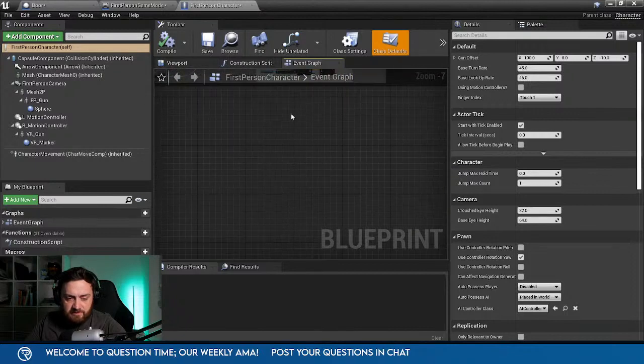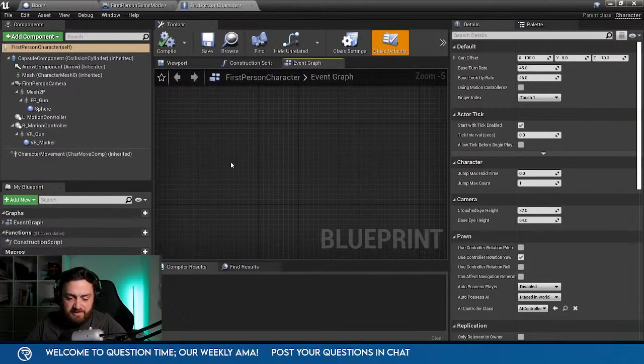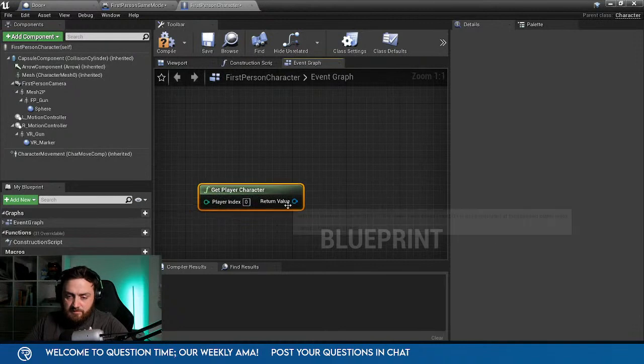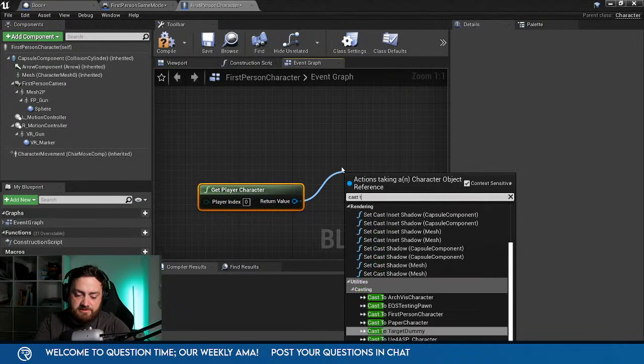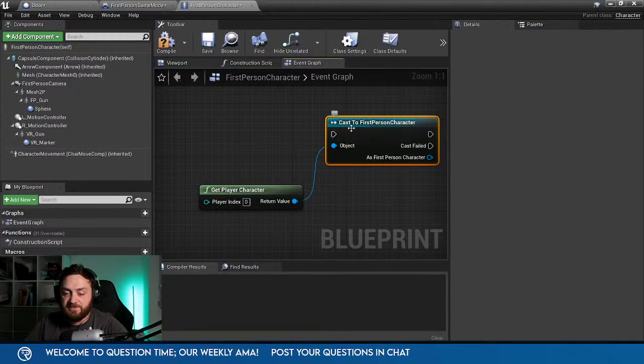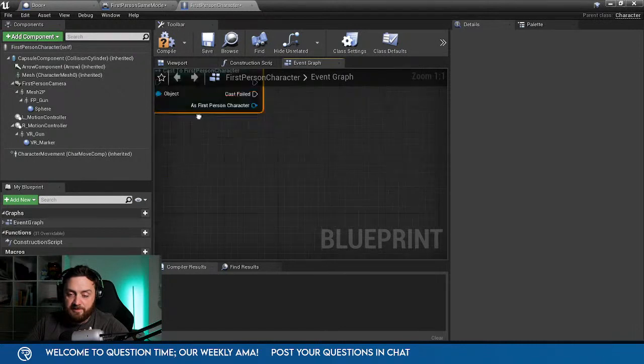So for example, let's just make an example of these. So let's do get player character, and then we'll do cast to first person character, and so forth. Imagine that this is a macro. I'm going to copy and paste this actually.